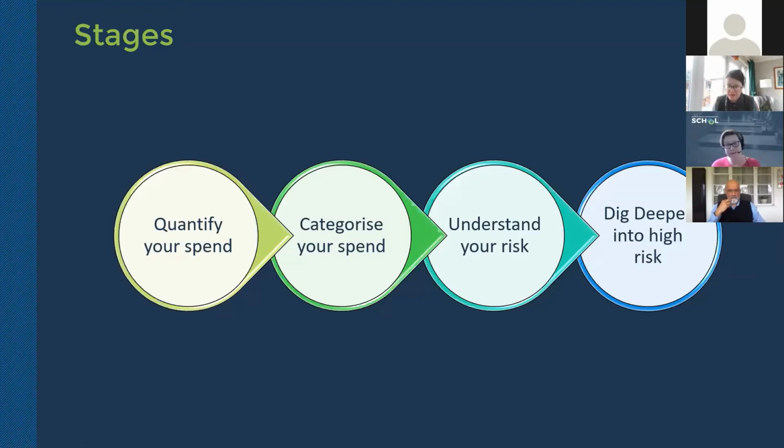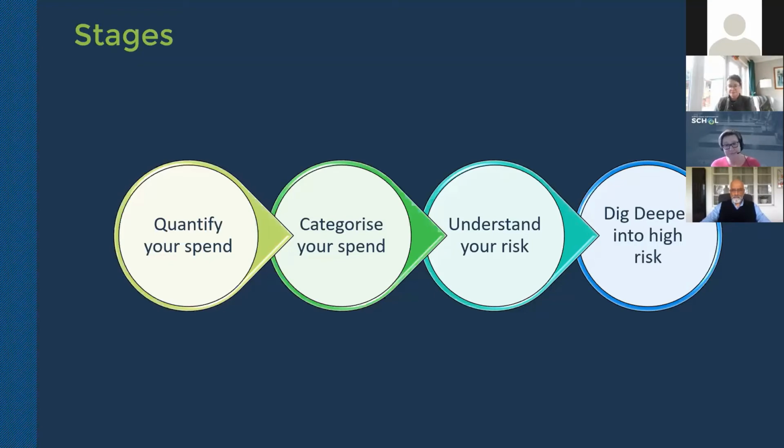One of the important things to help you establish your leverage and establish your influence is understand your spend and understand what you're buying. I see a lot with clients and organizations that I work with who don't know what they buy, don't know what categories of spend they've got, don't know how much money they've got with certain suppliers. Let's park modern slavery to one side and talk basic procurement here. That's not necessarily a good thing in a general term, but to actually get to grips with what your risks look like and understand that leverage, it is very important to understand those.